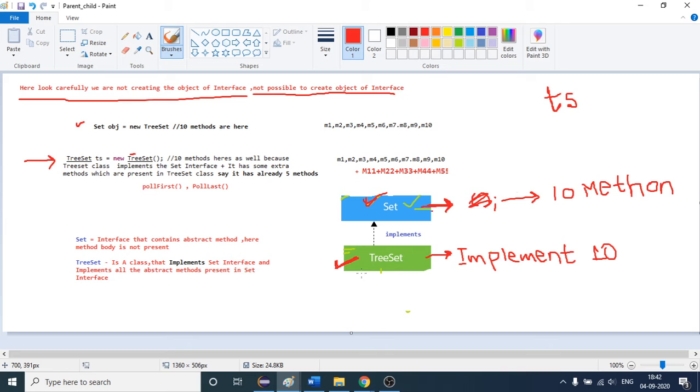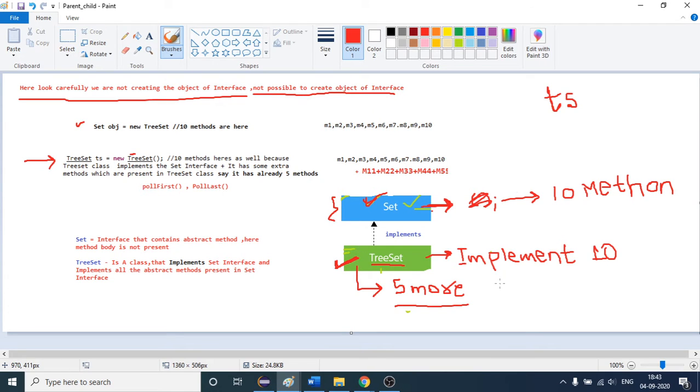But don't you think that this class will have other methods as well? I will show you that this class has other methods as well. But as of now, understand that suppose this class has 5 more methods. These five methods, which are already present in this TreeSet class, are not coming from this Set interface.